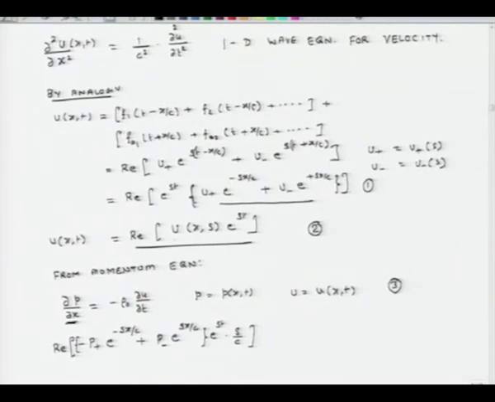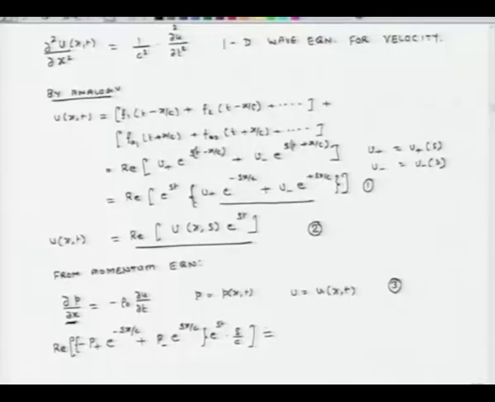So, that is what variation of pressure with respect to x looks like, and this is equal to minus rho naught, and now I am going to do something similar to velocity. I am going to partially differentiate equation 1 with respect to time. So, what I get is minus rho naught times real of